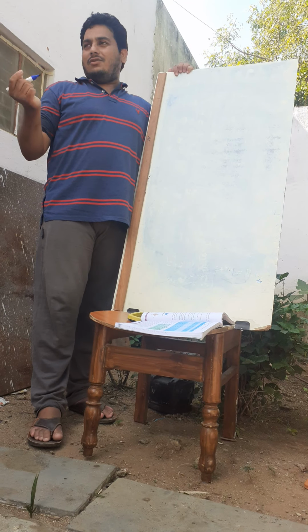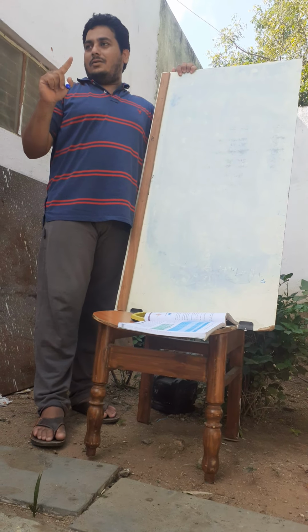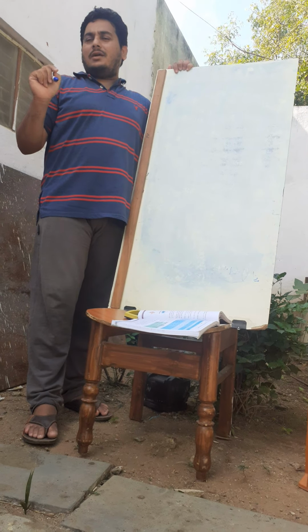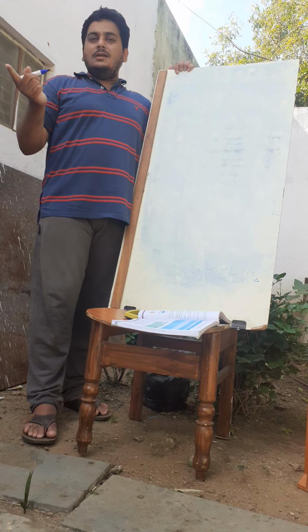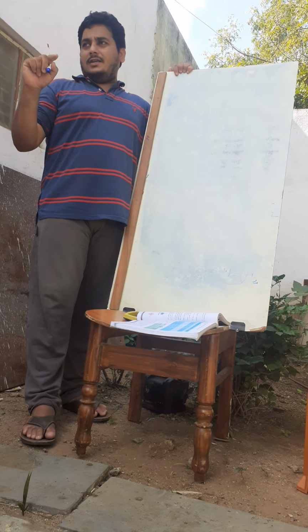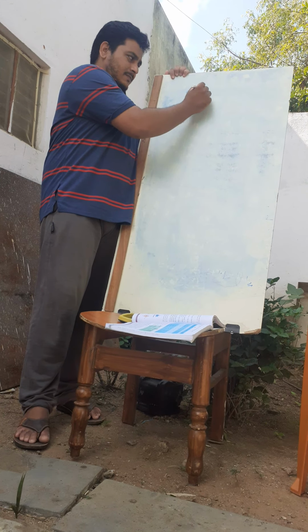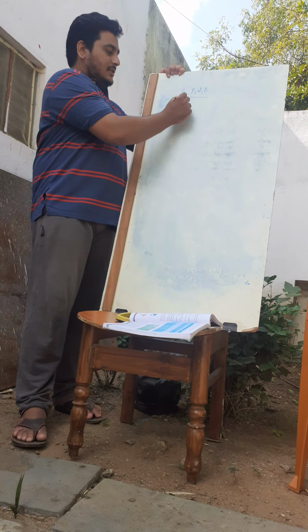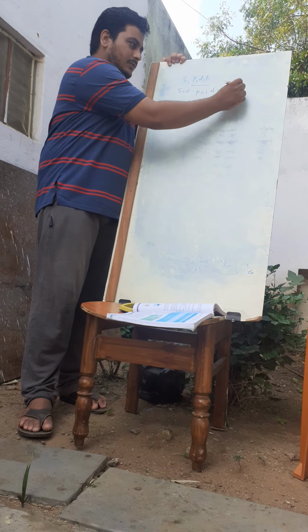Then we have seen the second quantum number, the azimuthal quantum number, otherwise called the angular momentum quantum number, which was proposed by Sommerfeld. We gave the values for the subshells. The subshells are s, p, d and f, and the values are s equal to 0, p equal to 1, d equal to 2 and f equal to 3.